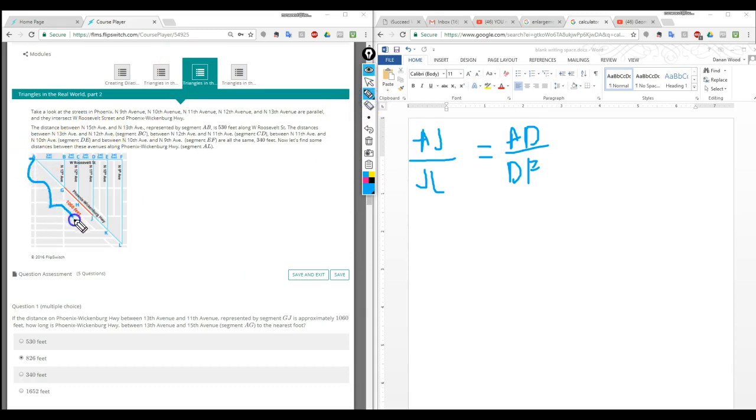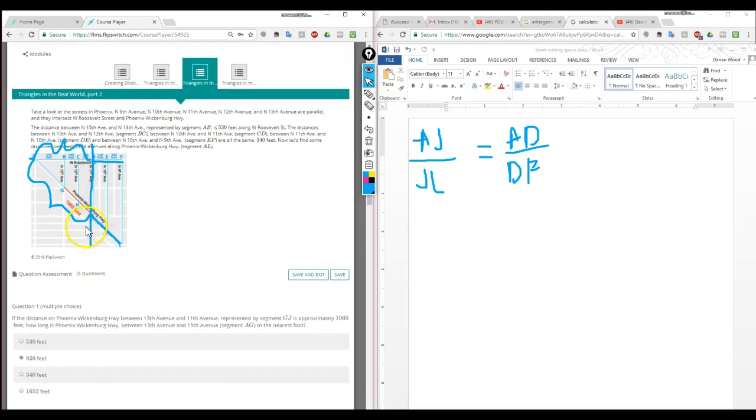A to J compared to JL and A to D. That other proportion better be right, that distance. Yep. So A to D and then D to F. So that one would work